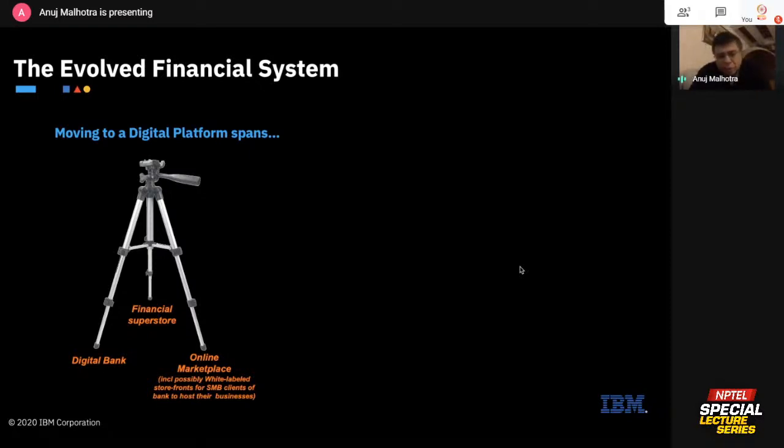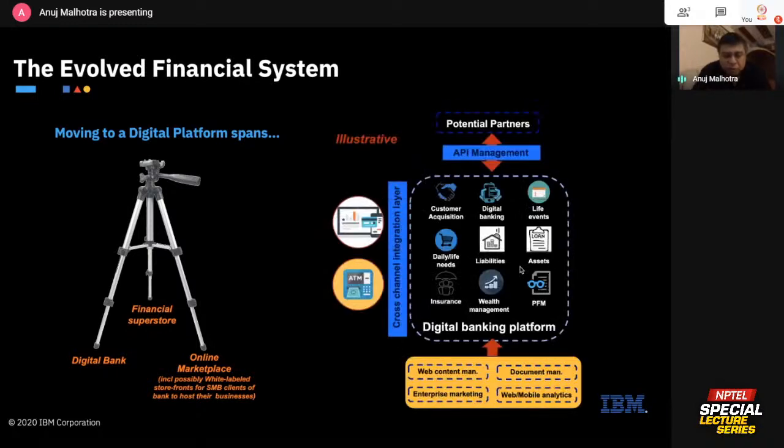And then you come to the right-hand bottom, you see the online marketplace, right? If you take the SBI's case, which is a phenomenal app, that's a marketplace, which means you can go buy food, you can buy a movie ticket, you can buy a holiday, you can buy airline tickets. You can do all of that based on what the bank already has, right? It's got your account, it's got some people that it brings in who are partners to it, and those potential partners help set up a kind of an ecosystem of sorts. And remember, why are the banks doing this? Because all the money is going to flow through the bank, obviously, right?